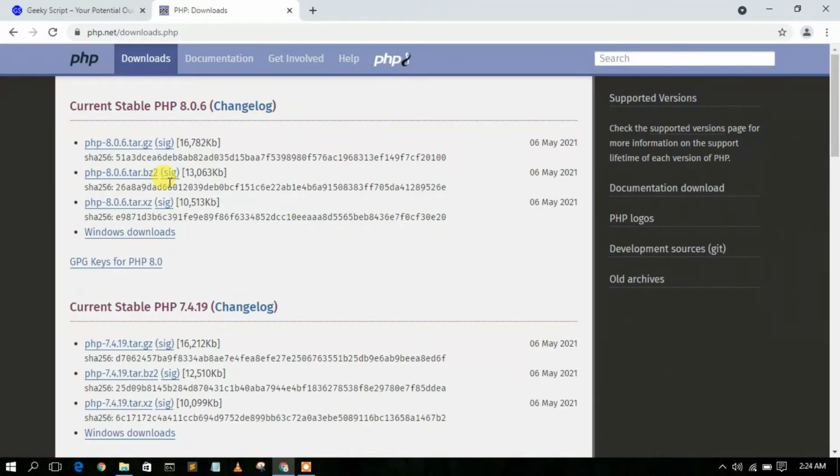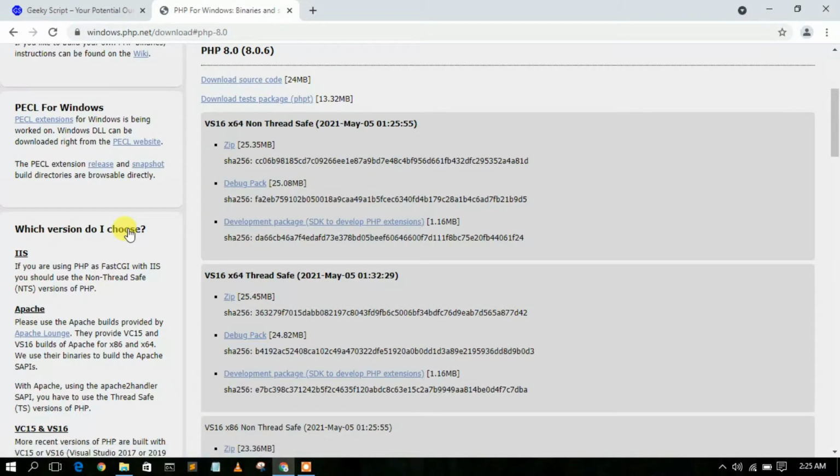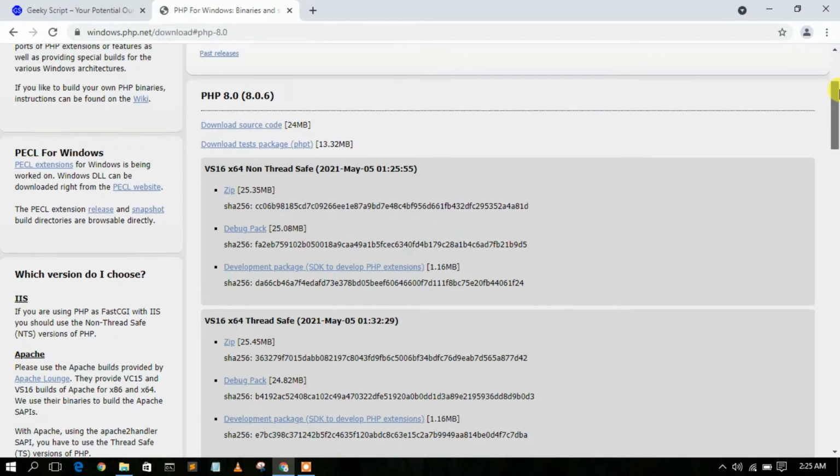So this is basically the official website of PHP, and in here you can clearly see that PHP 8.0.6 is our latest version. So in here you need to just click on this Windows download. This will automatically redirect you to this page, and here you can clearly see that our latest